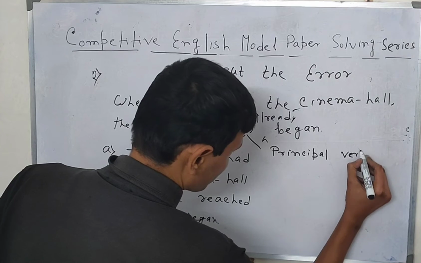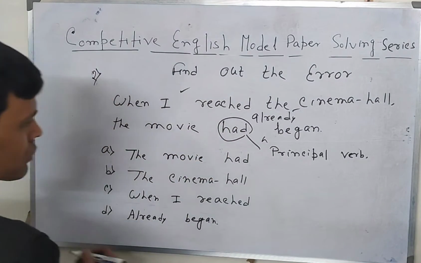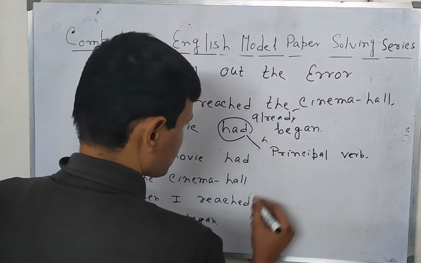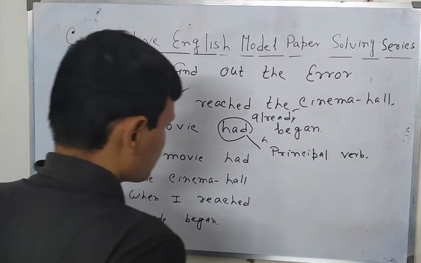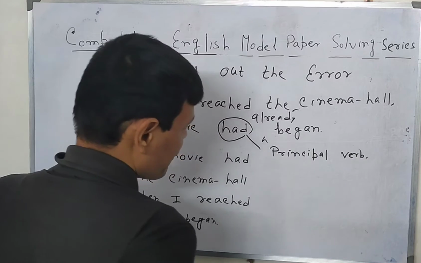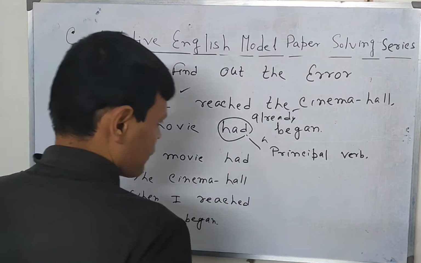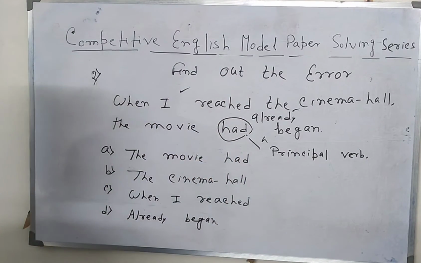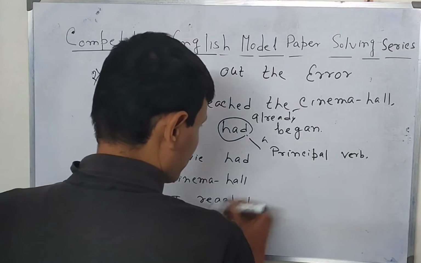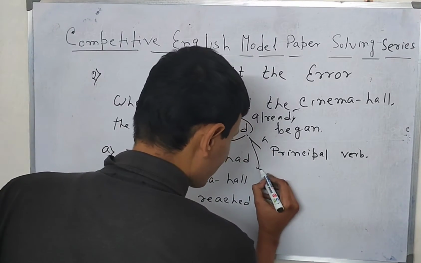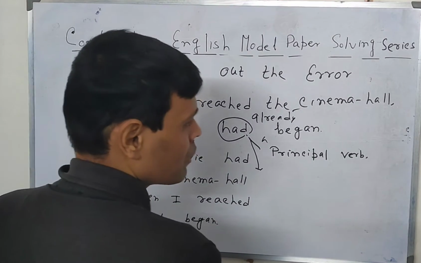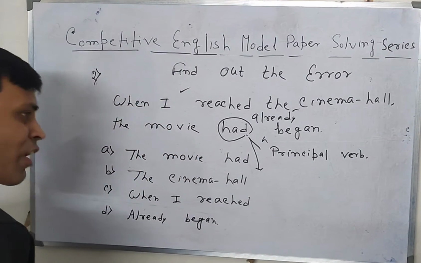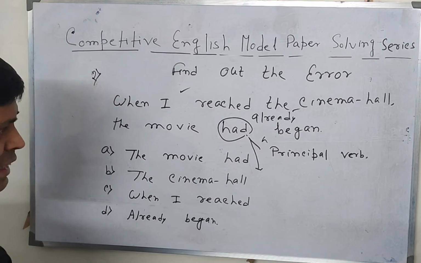As soon as anyone is going to use, this is not the principal verb. Whenever had is functioning as the principal verb, it's okay, so there should be no other verb. But here, had is functioning as the auxiliary verb. Had is basically not a principal verb. But in some cases, had may function as a principal verb. In that case,